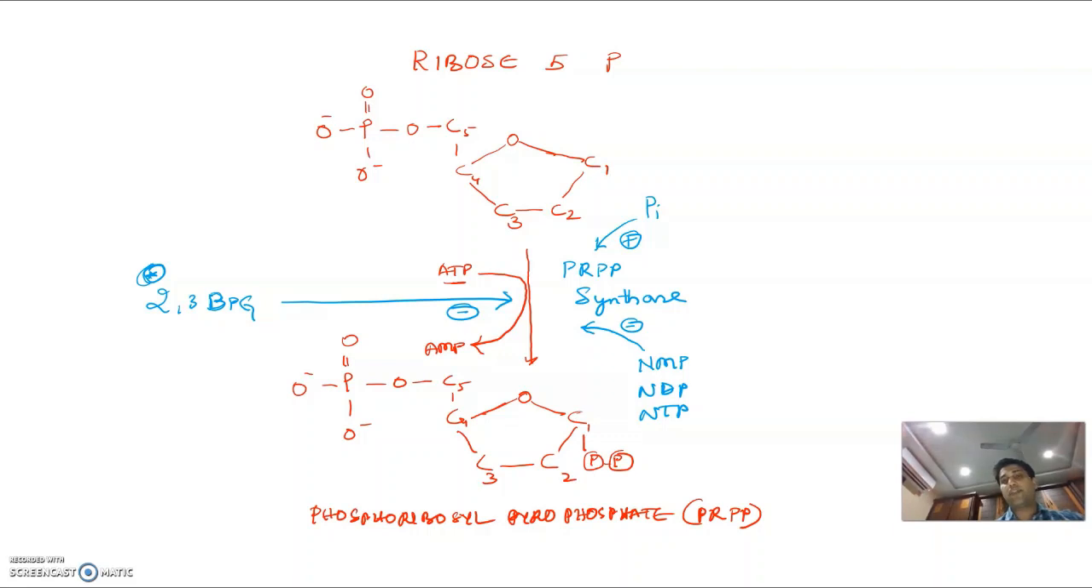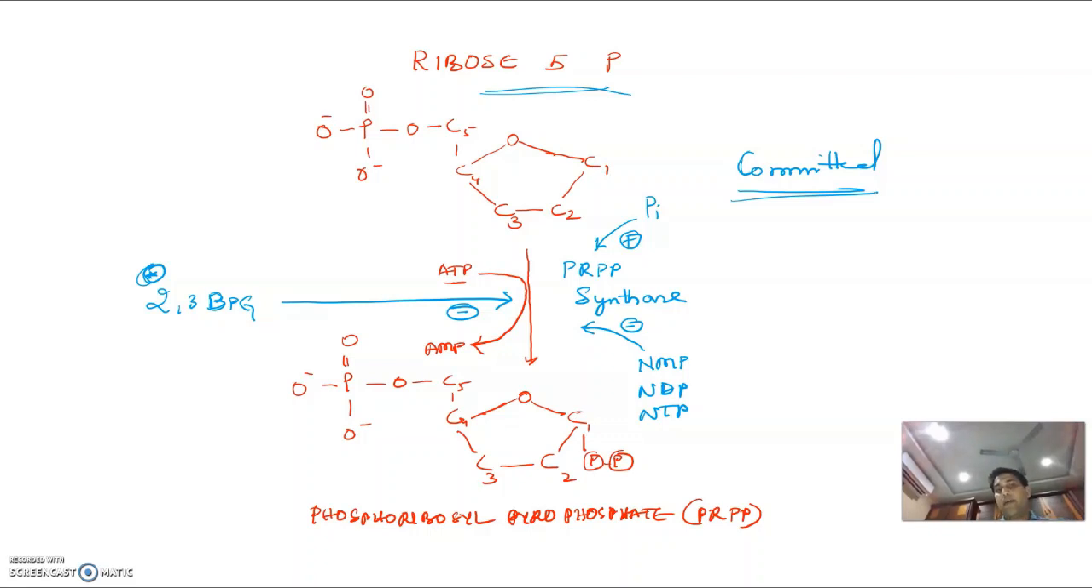So this is the first committed step. That means ribose 5-phosphate has come from the hexose monophosphate shunt. This ribose 5-phosphate is now converted to phosphoribosyl pyrophosphate, and it is now committed. So you can say that this is the committed step in nucleotide synthesis. But